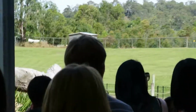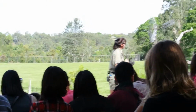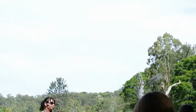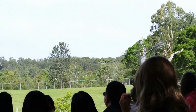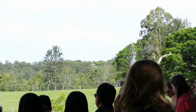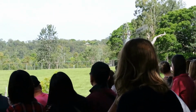As he comes along the front, he's going to have his prize that he's just won by flying very fast for us and staying very focused on that lure. They actually are built for speed. Everything about them is for speed. They've got these really sharp, pointy wings. So when you look up and you see a bird flying across the sky, and it's going a pretty fast lick, you'll see those really pointy wings. It tells you that it is a falcon. So most of the falcons are pretty